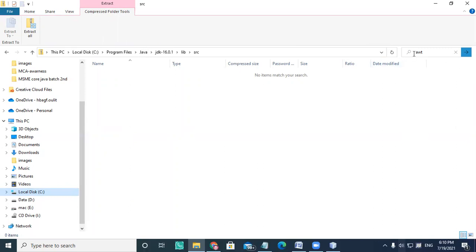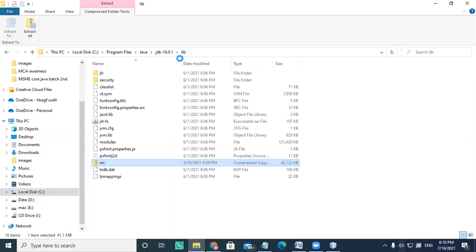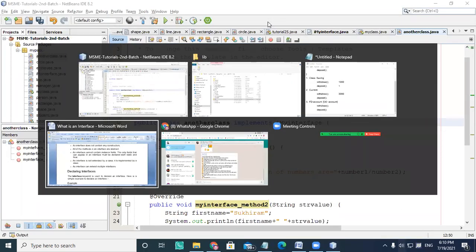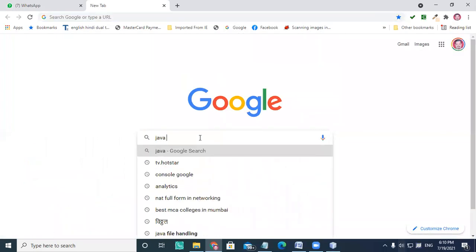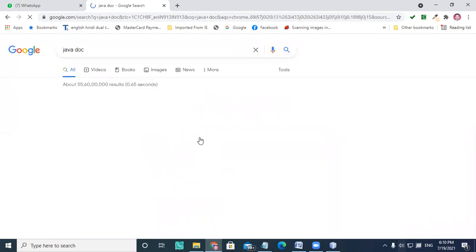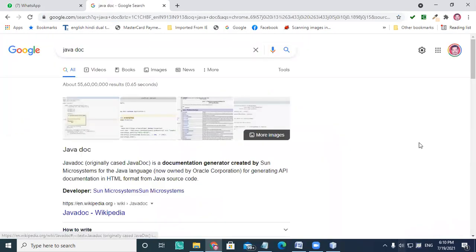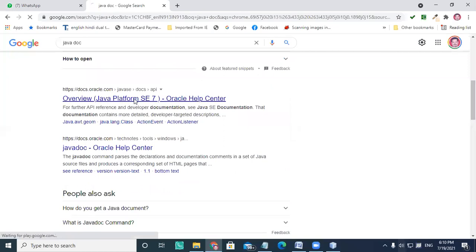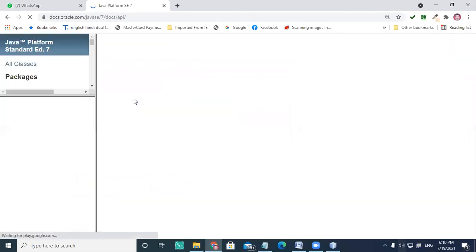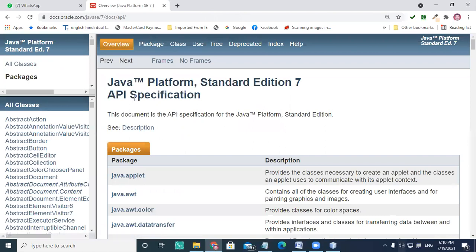I think they put everything inside the base, but I will show you the interface definition. So in the documentation, I'm going to check the Java doc here. Java documentation always helps you to find out the definition of a particular interface. So I'm talking about the interface.